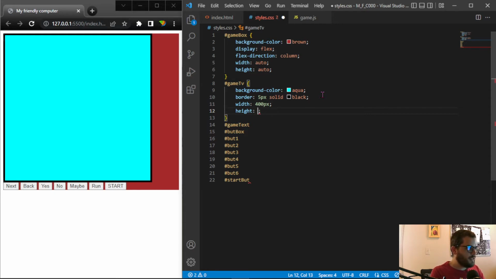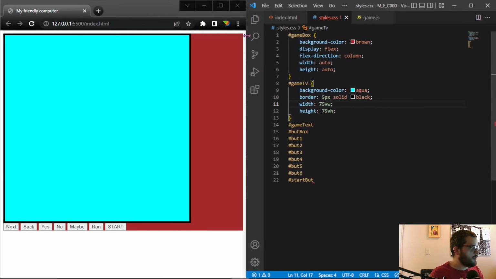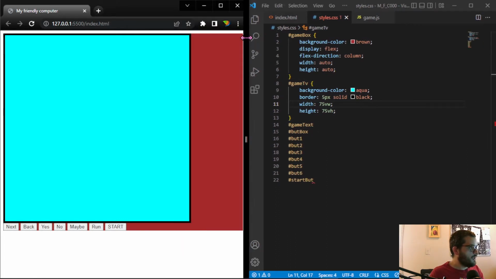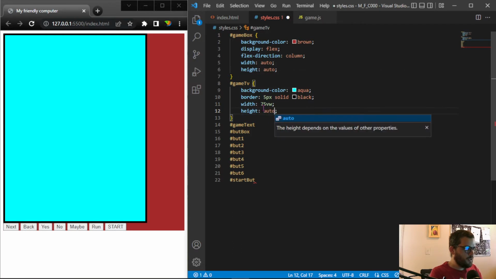Well, but then again, instead of doing pixels, why don't we do like 75 view height, VH, and then we'll do the same thing for width. So again, it will be a square, assuming that you're looking on a regular screen. Yeah, there you go. So maybe that's not what we want. We want height to be auto,